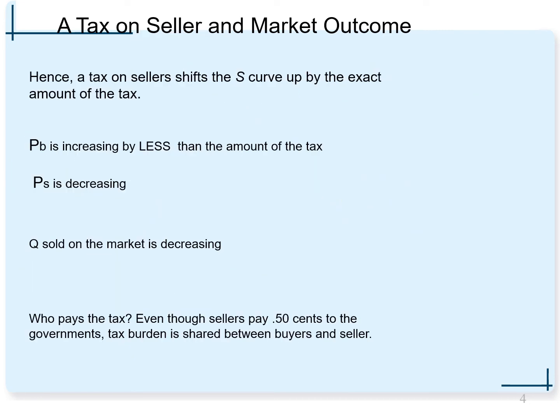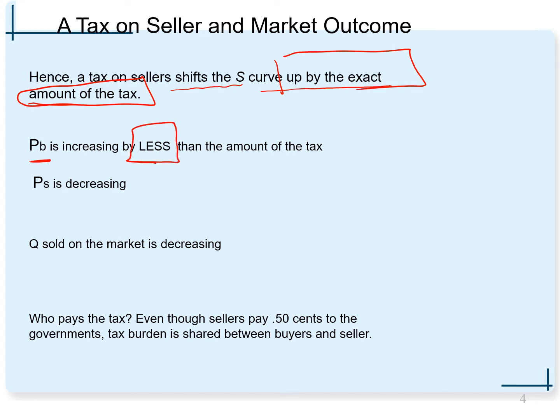So, a tax on sellers shifts the supply curve by the exact amount of the tax. Please remember that. The price that buyers are paying is going to increase by less than the amount of the tax. This is how natural forces are working on the market. So guys, just think about it again, if we have supply and demand,